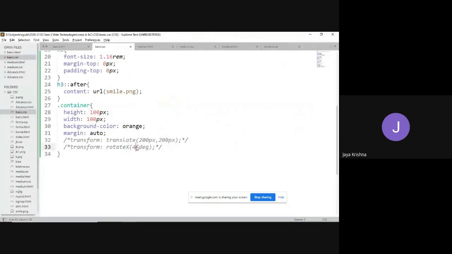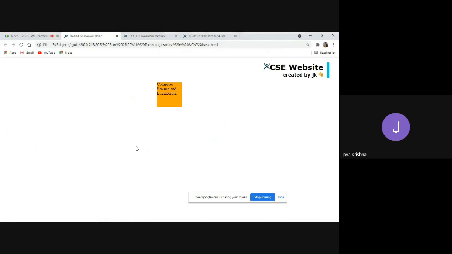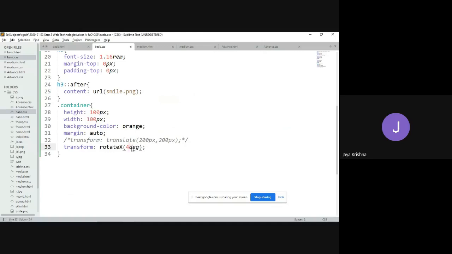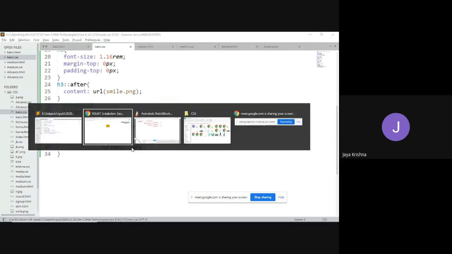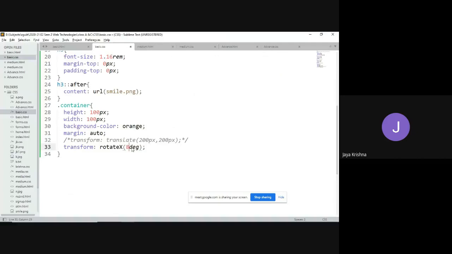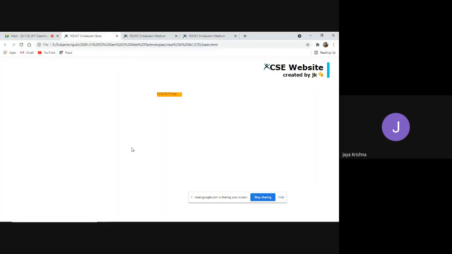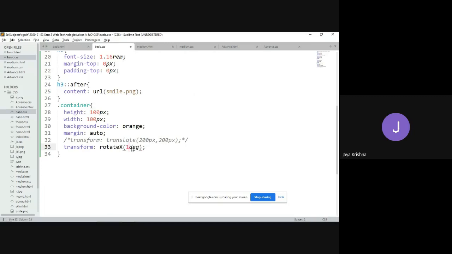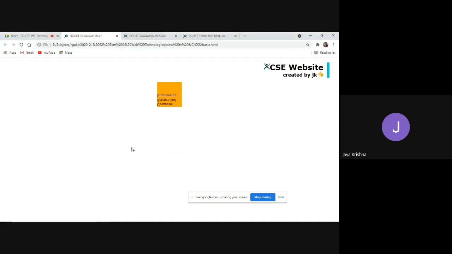So if I uncomment, observe. It is going to shrink, because it is trying to rotate over the x-axis, meaning the height shrinks. For example, I am giving 80 degrees. Observe what happened. It is shrinking the height because you can assume that it is rotating towards the x-axis. If I give 90 degrees, you won't see anything because it is completely parallel to the x-axis. If we go for 180 degrees, you'll get the reverse.